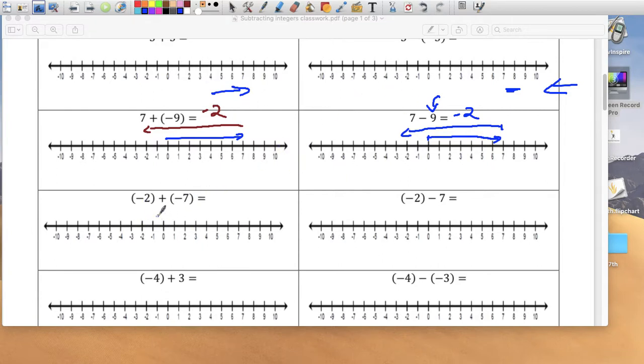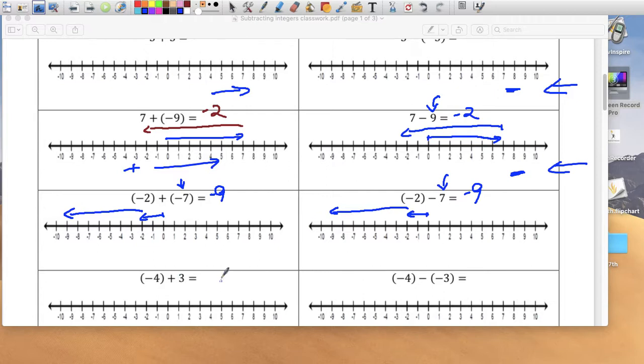-2 plus -7. Here's -2. Plus means we want to go right, but this number is negative, so it says, no, I'm going to go the other way. So you need to go this way, and get -9. But you already knew that, right? So -2 minus 7. Okay, that's a little bit more complicated. Let's go to -2 first. We're subtracting, and subtracting means go left, right? This 7 is a positive integer, and he will listen to you. So he says, okay, let's go left. We go left 7 units, and we get